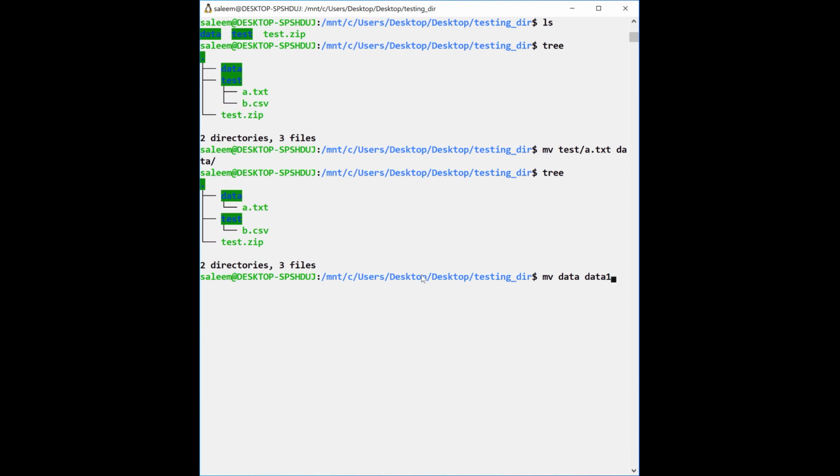Okay, how to rename it? It will rename to data1 by hitting enter. Now use ls. Now data is replaced with data1. Okay,